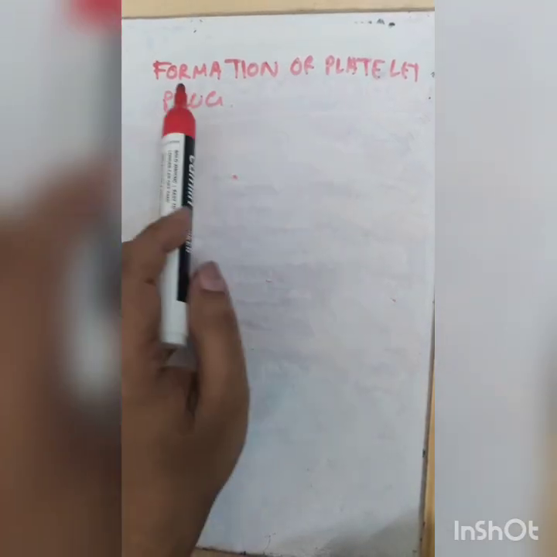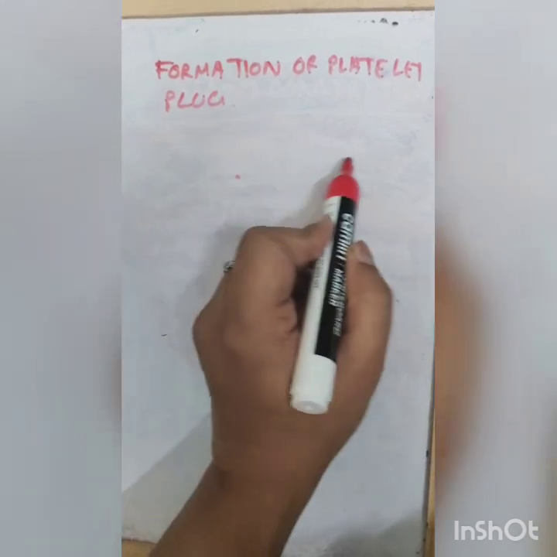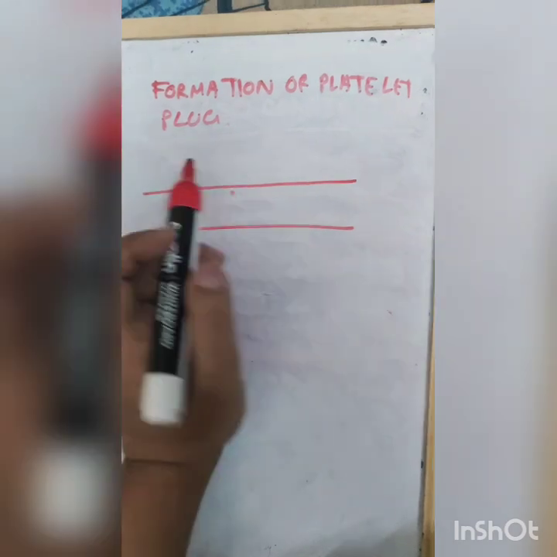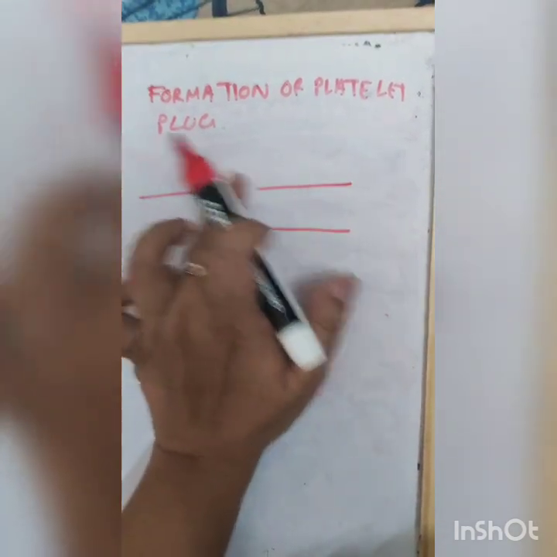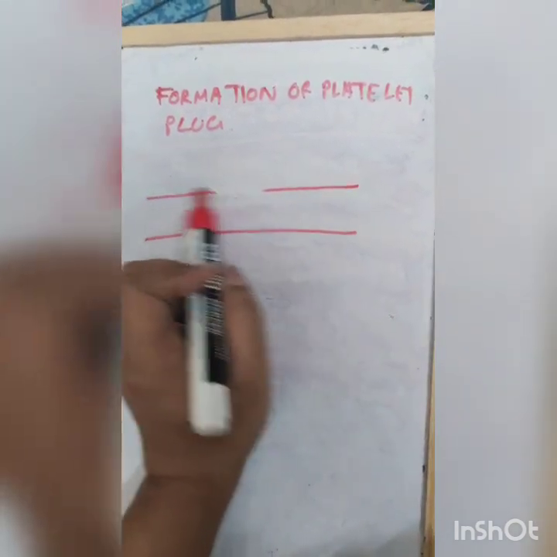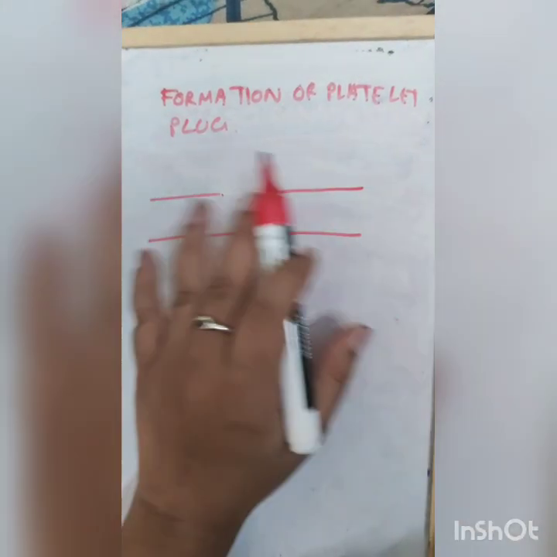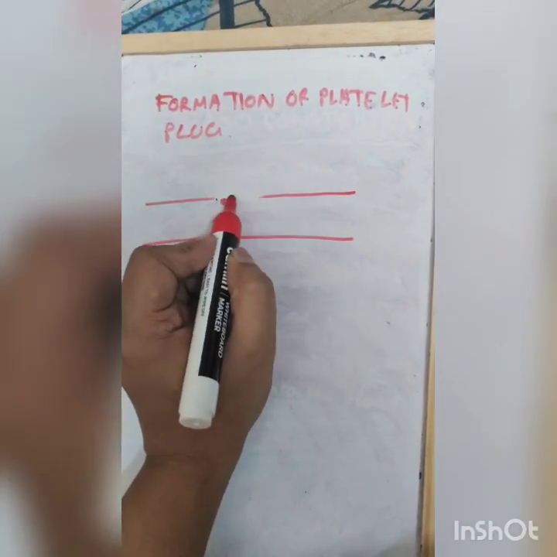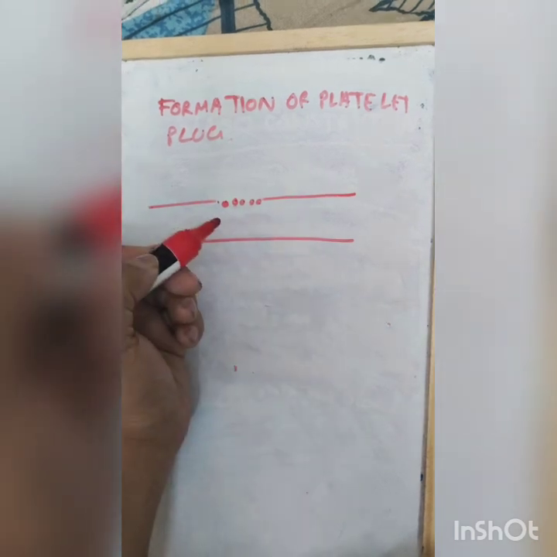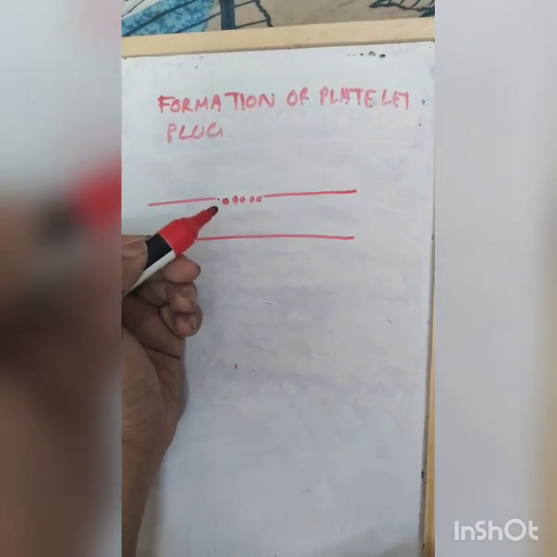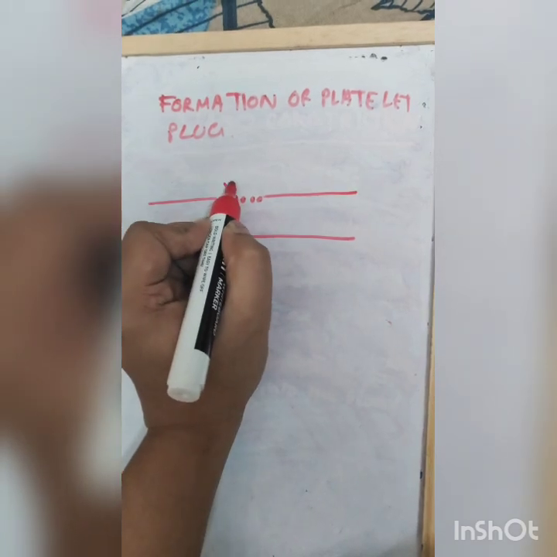How does the formation of platelet plug take place? Now imagine this is your blood vessels. Okay. Now when there is any injury, there is rupture in this wall of the vessel, right? So now what happens? See, vessels are made up of different layers. So the collagen gets exposed. Now when this collagen gets exposed, there is release of a factor known as the